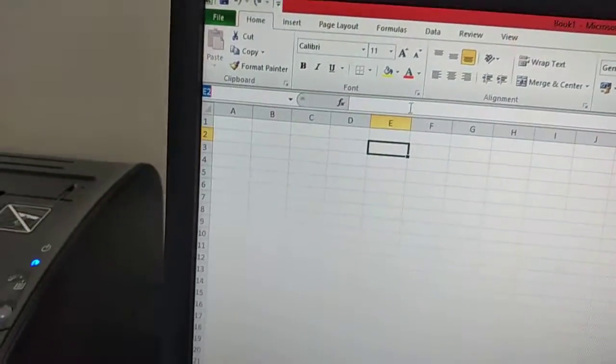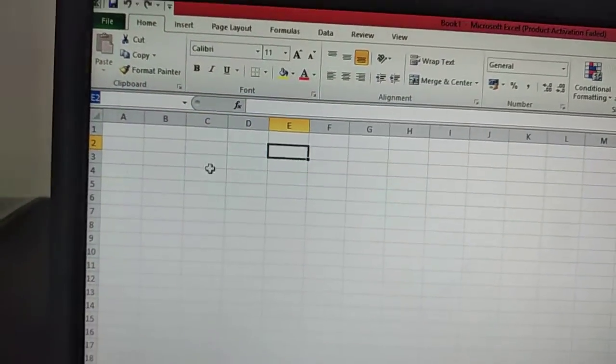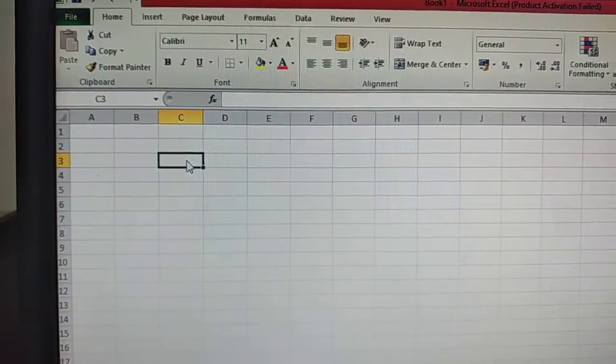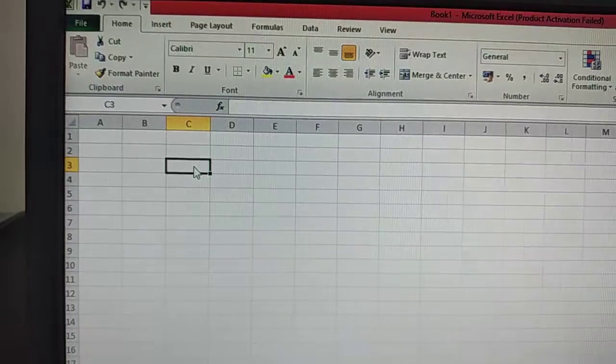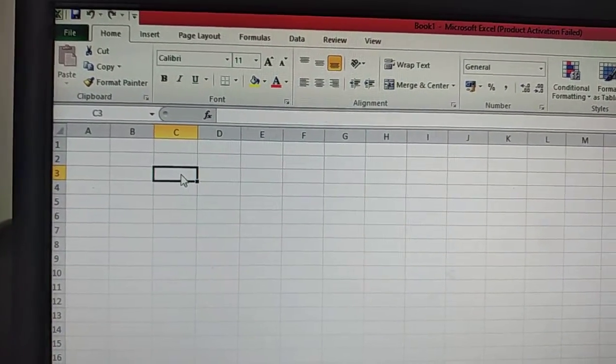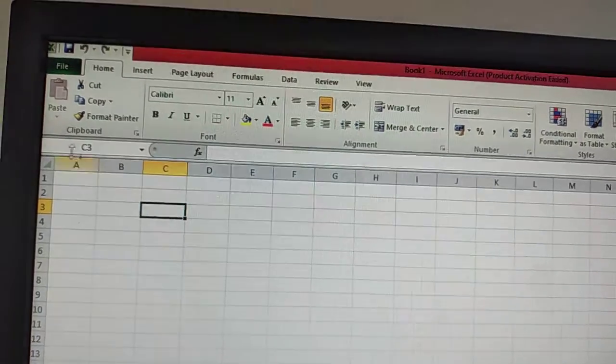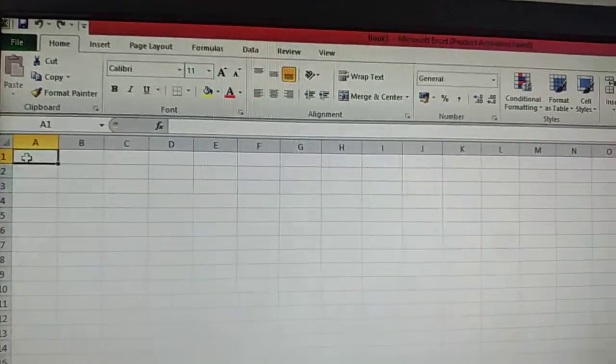Okay, now I'm going to tell you how you will enter the data in Microsoft Excel. It's very easy, beta. First of all, you have to identify where you have to write the data. Suppose I'm going to write the data over here. First, you have to click on the cell where you want to write, so that cell becomes the active cell. Okay, after that enter the data. Suppose I'm going to write over here, it's sale.